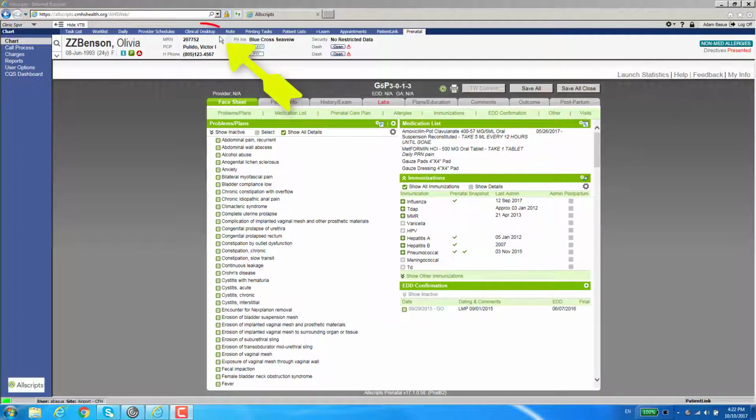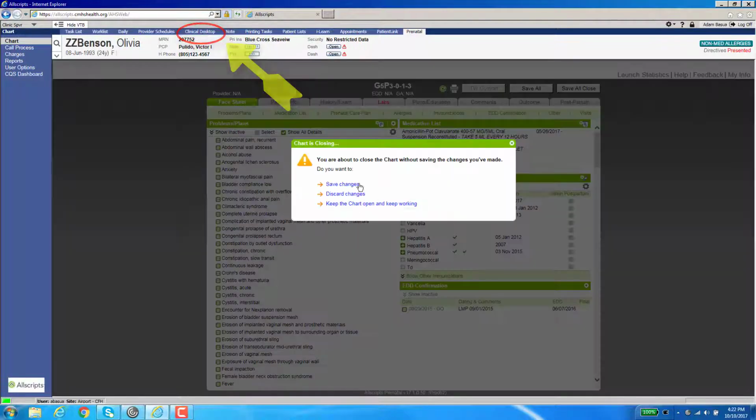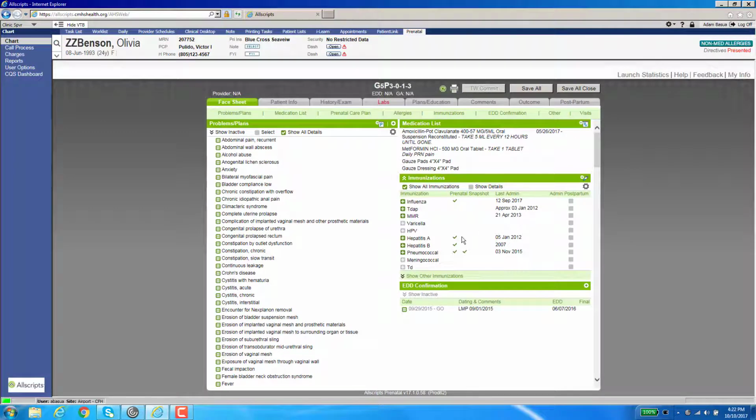to go to, let's say, the clinical desktop, they get this pop-up saying, do you want to save the changes that you've been doing? Do you want to discard the changes, or do you just want to keep the chart open and keep working? If they keep the chart open and keep working, all that does is take you back to the prenatal